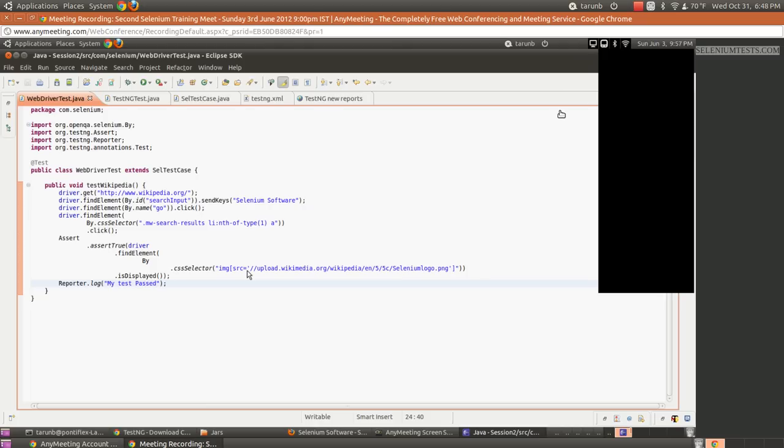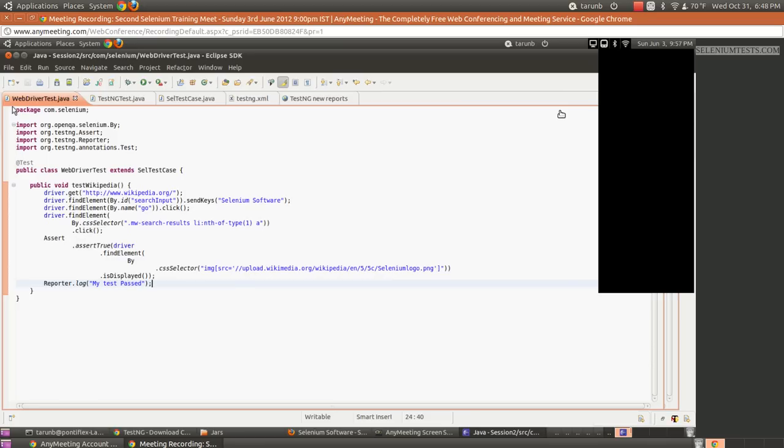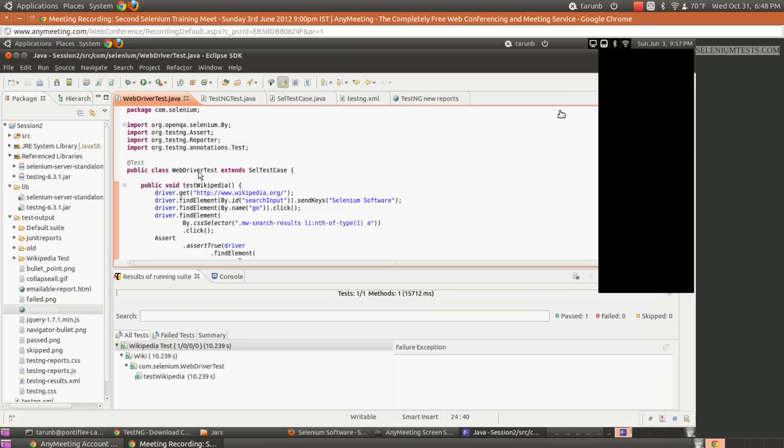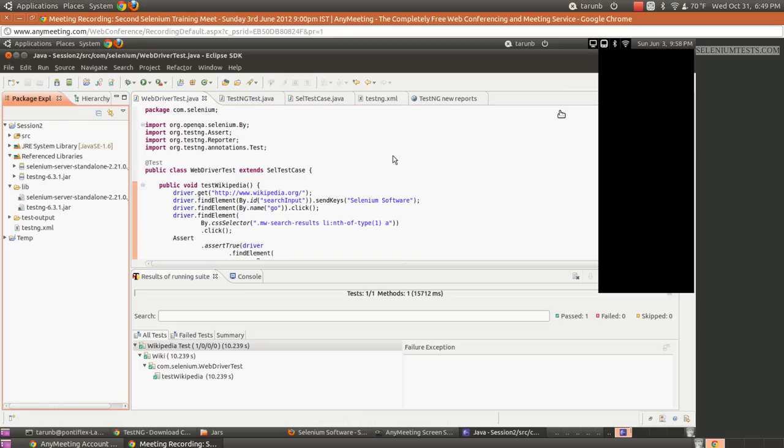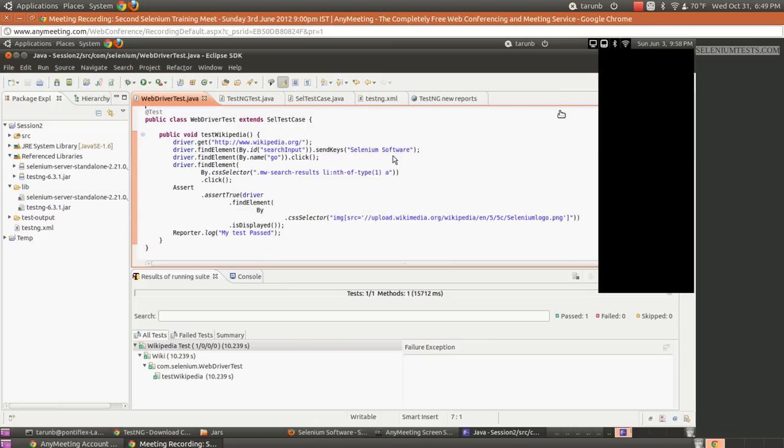So Kalyan, if you are using the Selenium standalone server jar, you don't have to add the Selenium Java jar as well. The standalone jar has all the APIs of the Java jar as well. So don't worry about adding the Java jar, just use the standalone jar. Okay, so that was a question. You can execute tests without the standalone jar as well, but then there are a couple of other jars you will have to download and add yourself. So if you just don't want to worry about all those things, then just use the Selenium server standalone jar. That's all.